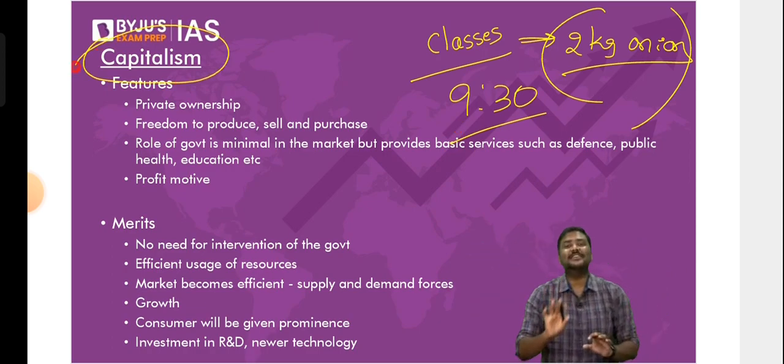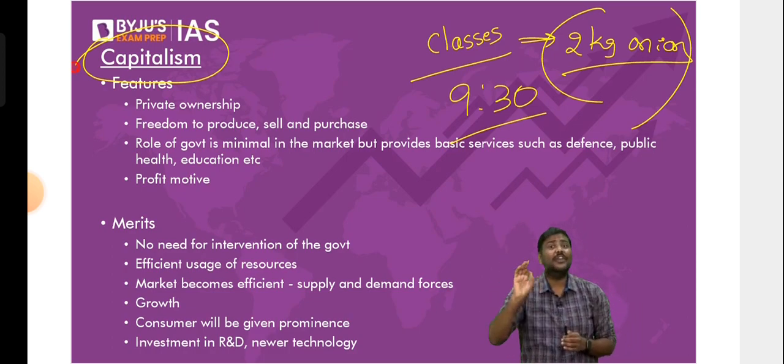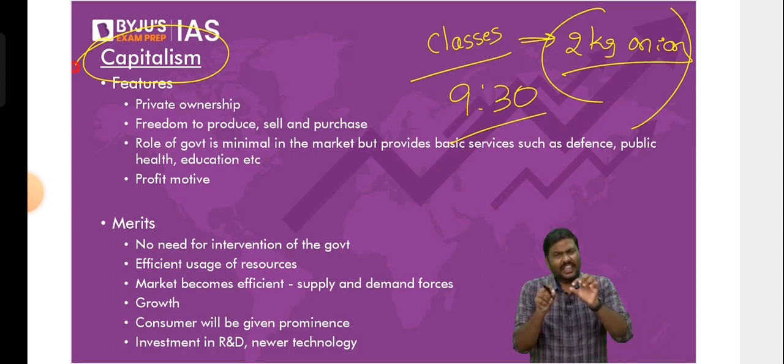That is what is explained in the concept of capitalism in simple terms. In case of capitalism, which was proposed by Mr. Adam Smith, father of economics, he basically proposed this idea where he said, in the market, the role of the government should be minimal.